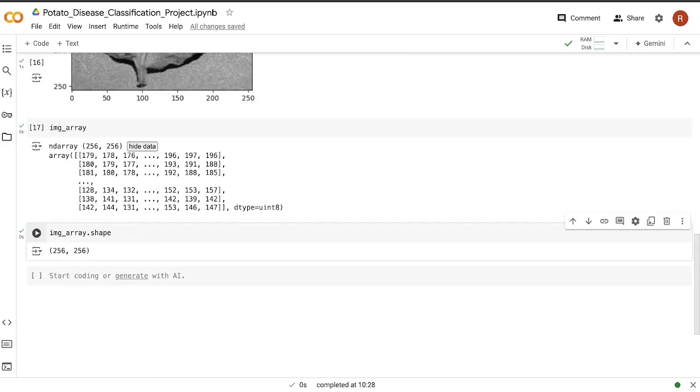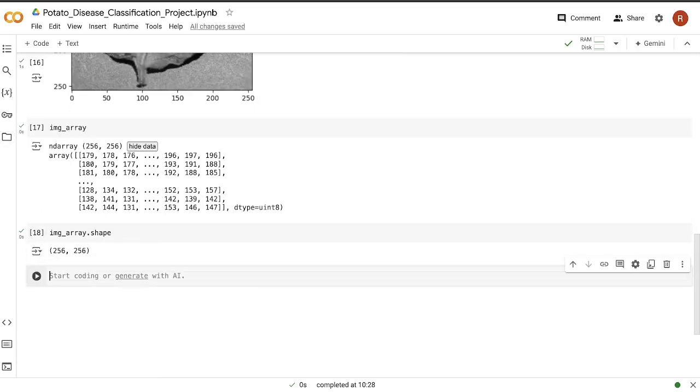So for that reason, we have to shape all the images into one generalized size, and I will give that image size as 256. Now it is 256, and I will say that all images should compulsorily be 256, not more than that and not less than that. So I will say that image size is 256, and then I will create a new array here that will basically resize all the images available in the potato disease directory to this new image size 256.